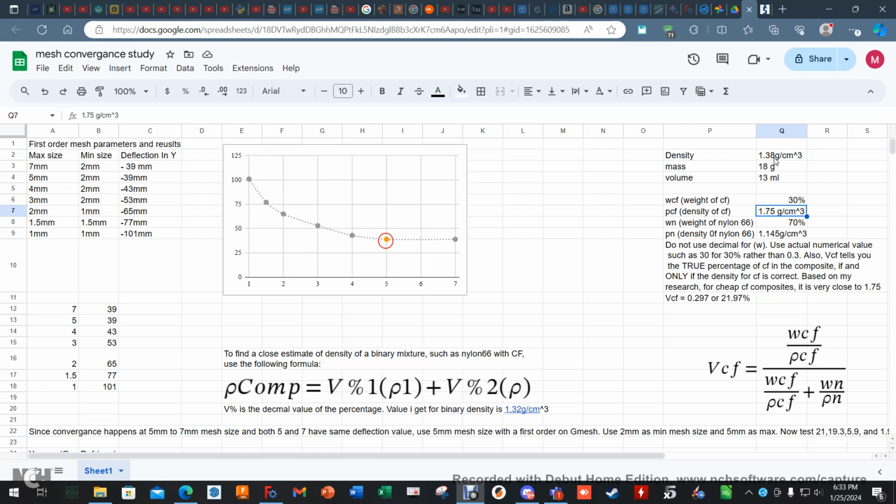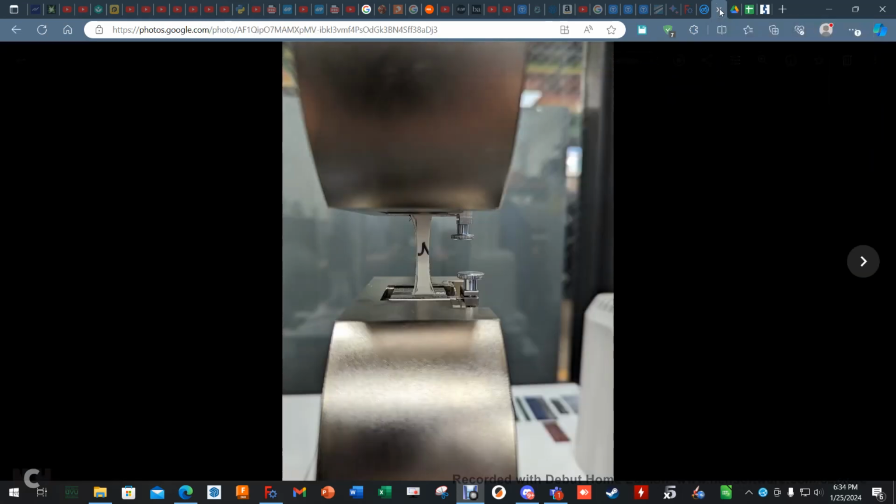I get 1.38. Now how I did that was I took a sample of my blade and I weighed it on my jewelry scale, which is really accurate. So I got 18 grams. It was 18.001, so 2 decimal places, I'm calling it 18. Then to find the